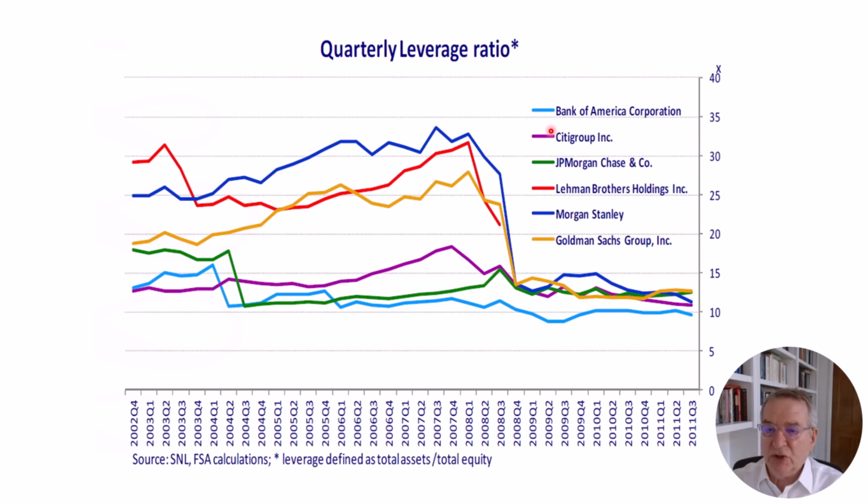But let's say we take, for example, Morgan Stanley. This is as we're going through '07, beginning to go into the '08 period. Morgan Stanley's leverage was effectively up close to 35-1, which means in a sense that their equity was only 3% of the value of the assets on their balance sheet. It wouldn't take much of a correction in the valuation of those assets to essentially lead to the bankruptcy of